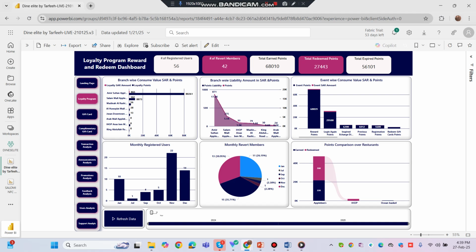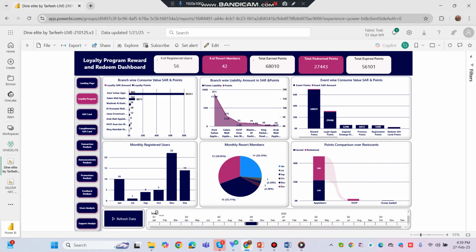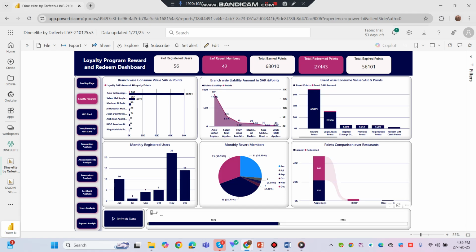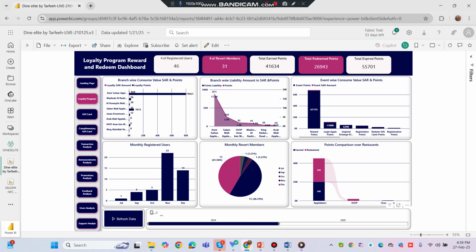If you want to analyze the whole dashboard on a monthly basis, then this will display the whole information for the month of October. And if you want to see the whole year's data, then this will display the year 2024 data in our dashboard. You can see that cross filtration is enabled here. For example, if I take this one, then the whole dashboard will give you the result of this. And if I take this, for example, reward points,